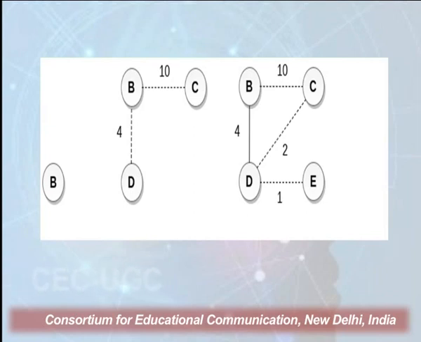Now the edges which are available in the cut are DC and DE, because now the set on the side of the minimum spanning tree has two vertices, B and D, and one edge connecting B and D. All the other vertices are on the other side. Now what do we need to do? We need to find a cut such that we can join these two sets.